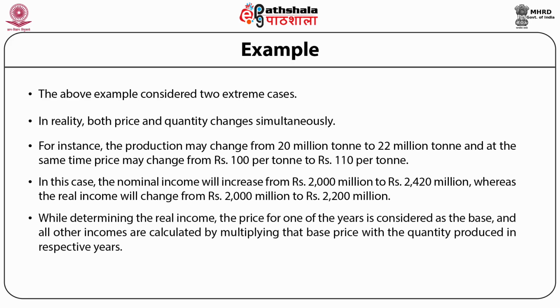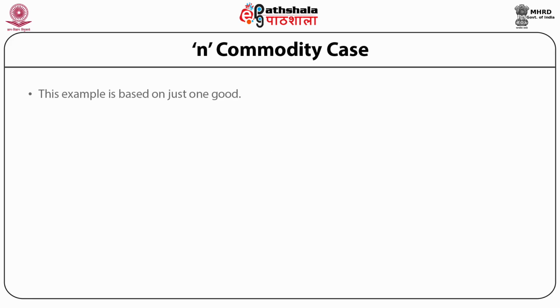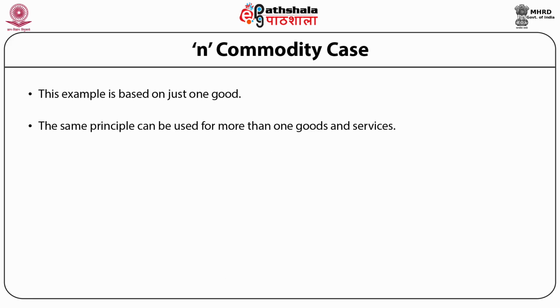While determining the real income, the price for one of the years is considered as the base, and all the incomes are calculated by multiplying the base price with the quantity produced in the respective year. Also, note that real and nominal income is the same for the base year. The above example is based on just one good. However, the same principle can be used for several goods and services. For example,